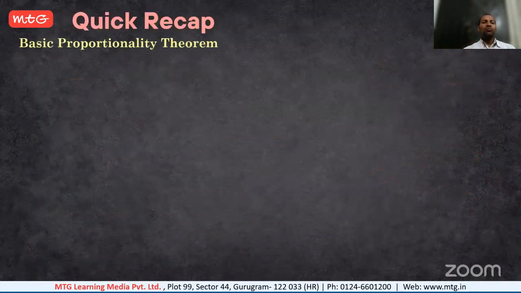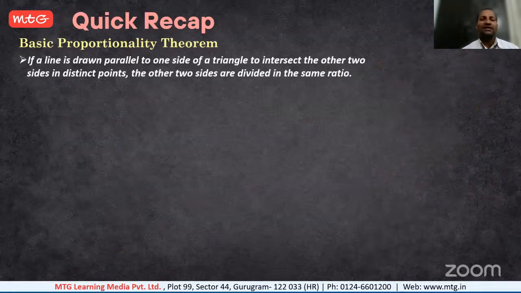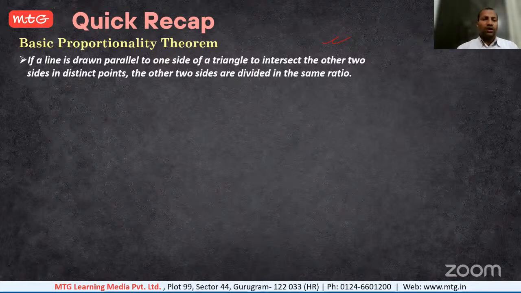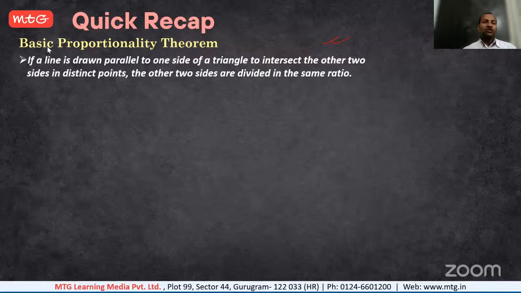Okay. So now we will move to the basic proportionality theorem, or it is called Thales theorem. That is very important. Many times they directly ask you in the examination to prove this theorem. This theorem is also required for solving these questions, so you have to understand it properly. So what this basic proportionality theorem says is that if a line is drawn parallel to one side